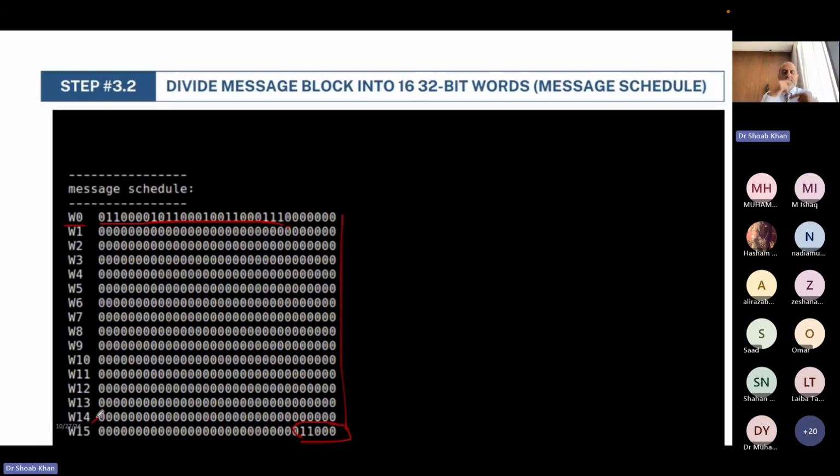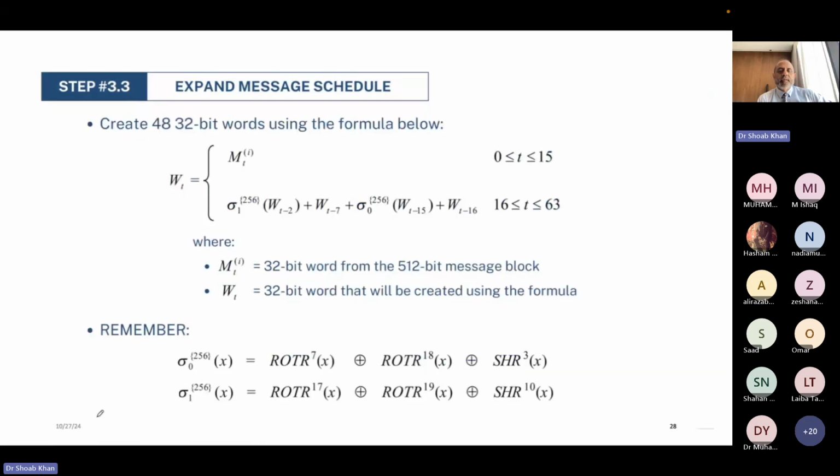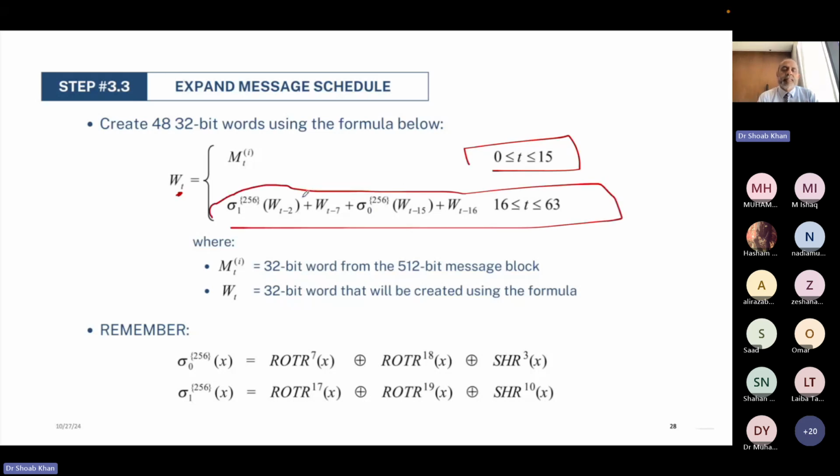And then there is a way, from the same message with a little manipulation, so it's not a lot of compute here. You can do this in software as well, and we'll get to where there's a lot of compute. From just a combination of these 16 32-bit words, you are going to create another 48 words to make them 64. So you take the message at t, and the first 16 are as they are, and the rest are created by making use of the words you are creating, going back two positions,